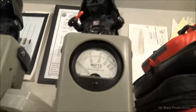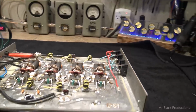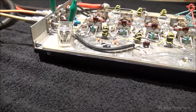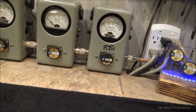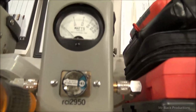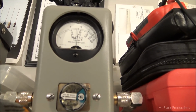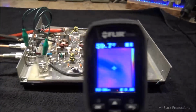Here's our drive. Pass our tune. Okay, so that's all working as it should. We're going to hit the relay, or we're going to hit the switch, which is going to latch the relay up solid. About 300 watts. Here's the scary bit. And climbing. Now if we take our FLIR,